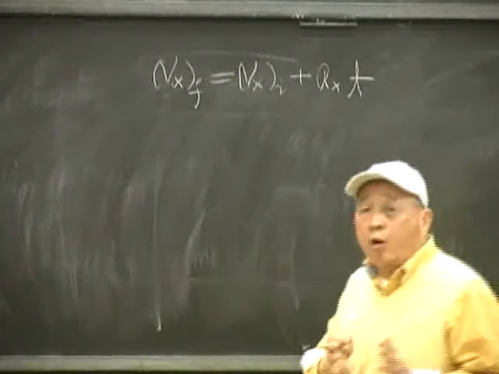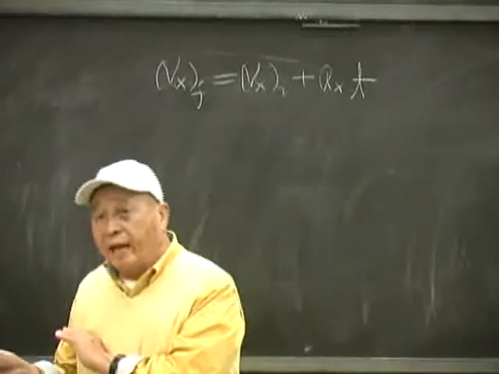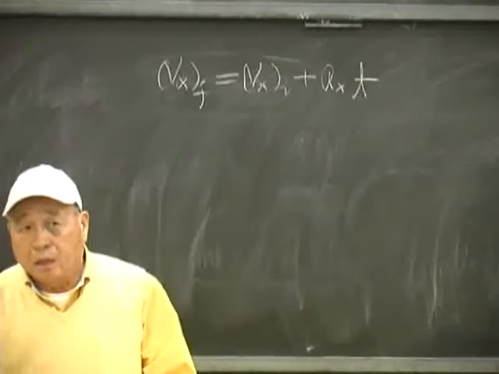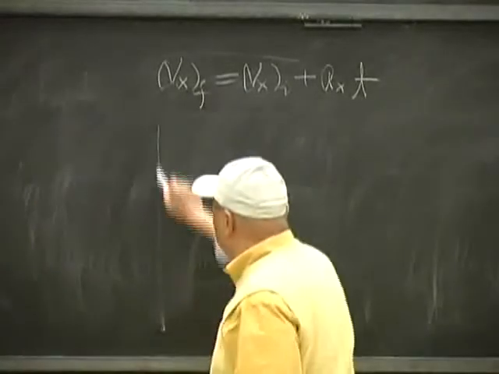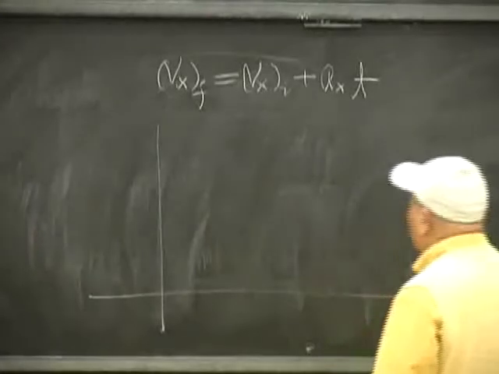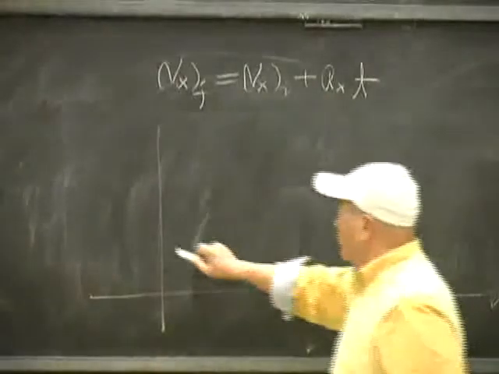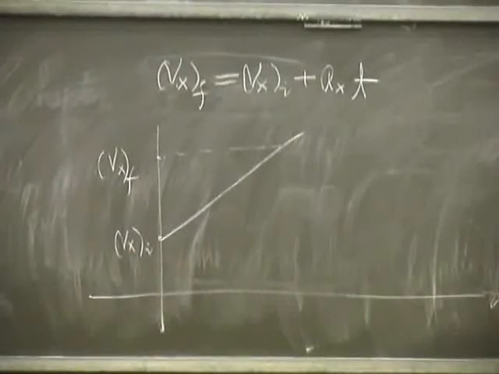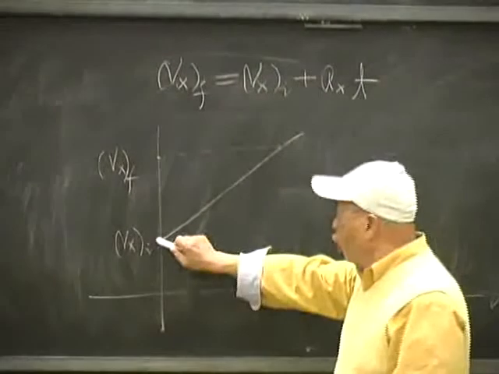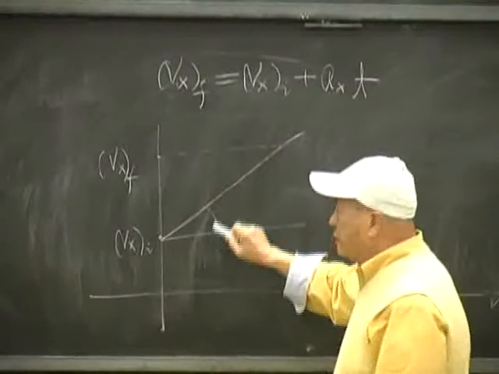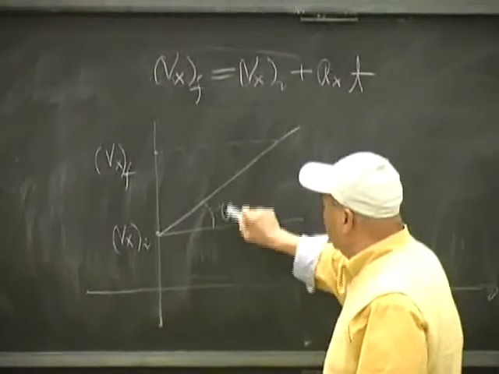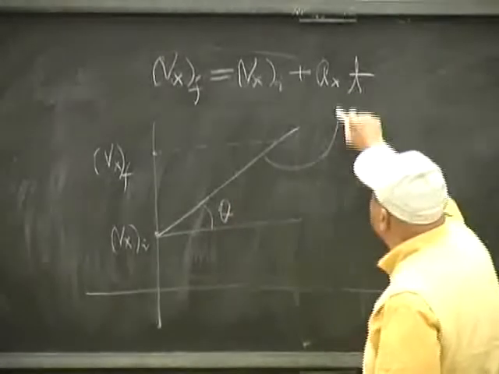So now we want to convert what we're looking at into a graph. So in this case, we'd like to say, if this is it, then we have something like this. What does the graph tell us again? Okay, the slope of this line, this angle is called theta. The slope of this line is representative of